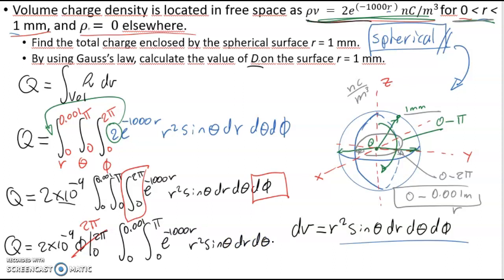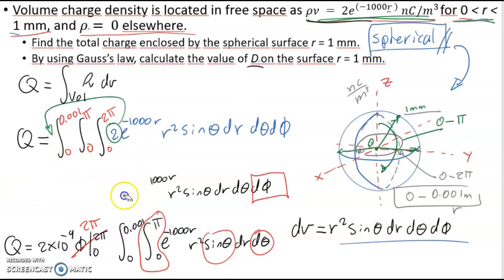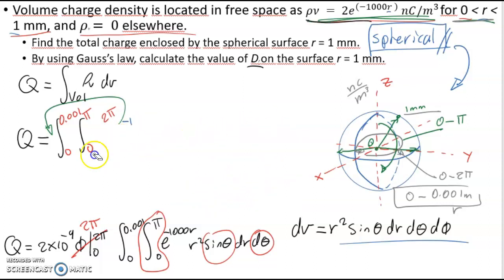And something interesting to note, we already know what this integration is. We're integrating sine of theta from 0 to pi, d theta. That integration, yes or yes, will deliver a total of 2. Where does it come from? Well, it comes from the identity that tells me that the integration of sine